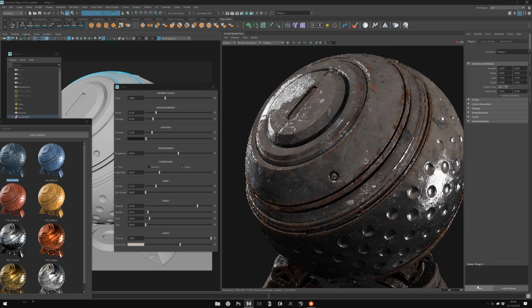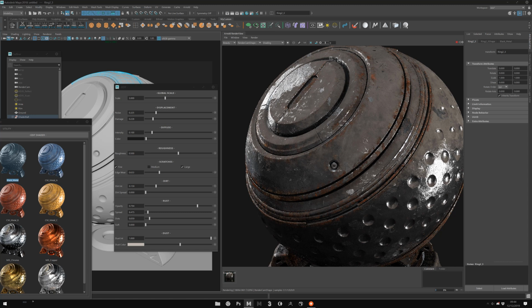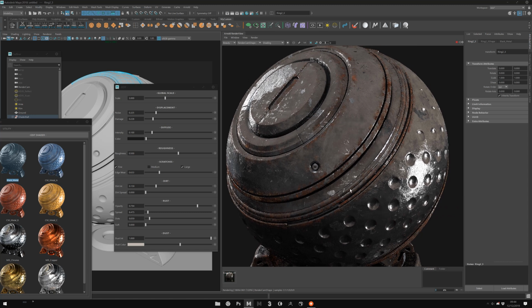Now look, I will save this, and you see, of course, it's the idea of the IPR from the interview of Arnold: you don't need to finish your render. You see, I play with it and I can see everything without heavy render settings or final pixel or things like that.